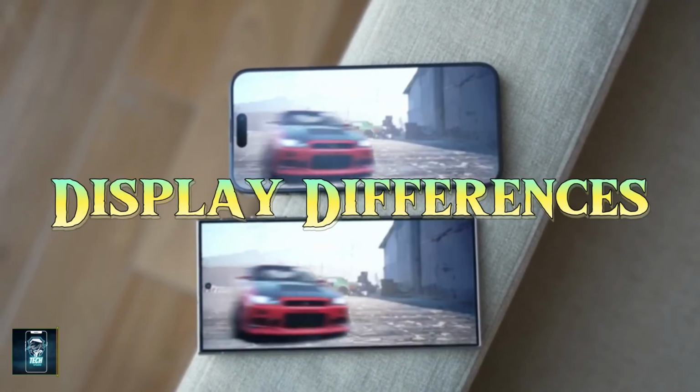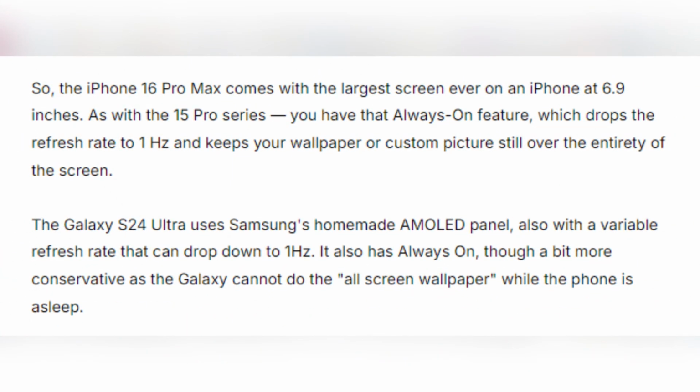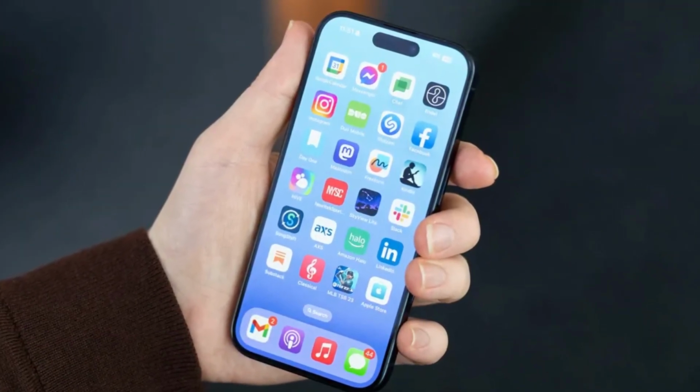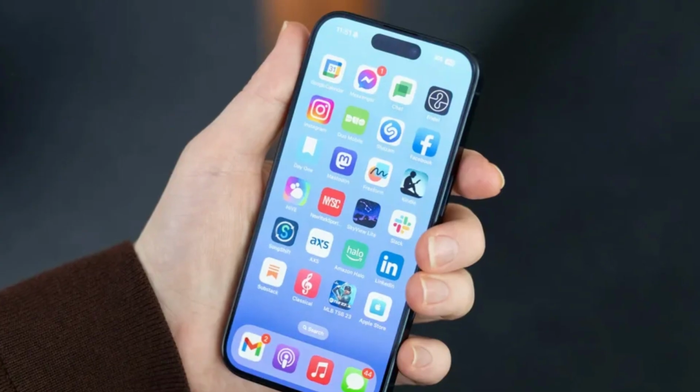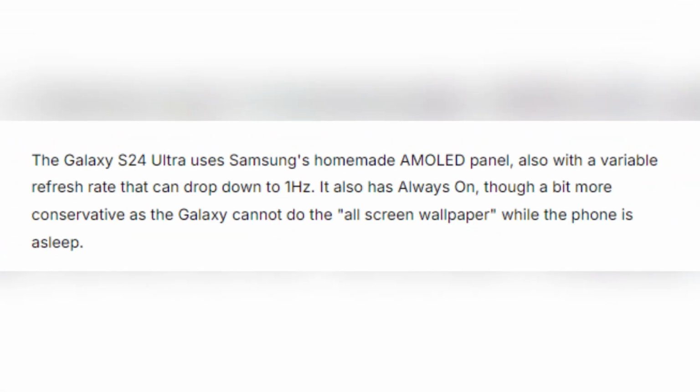Display differences. When it comes to display, both phones boast impressive technology. The iPhone 16 Pro Max features a 6.9-inch OLED panel with a 120Hz refresh rate and an always-on display that can drop its refresh rate to just 1 Hz, keeping your wallpaper or photos visible even when the phone is asleep. Samsung's Galaxy S24 Ultra comes equipped with its signature AMOLED screen, also featuring a 120Hz refresh rate and an